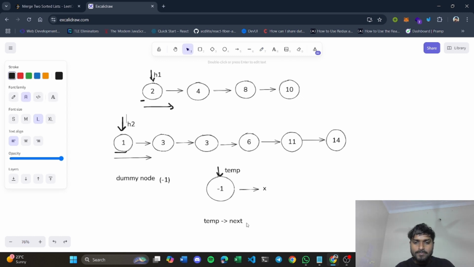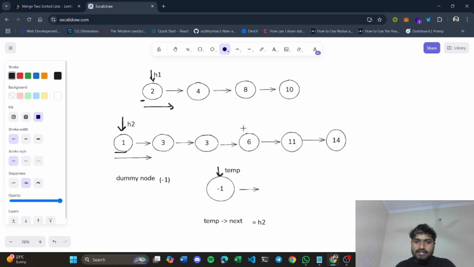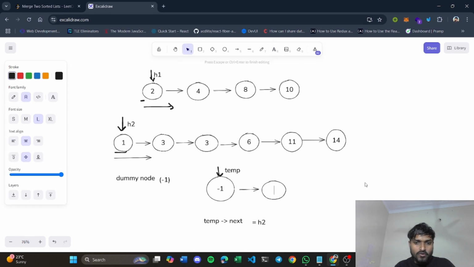You will point this temp next to h2, right? So you pointed this pointer to h2. So at the place of this x, the node with value one will come, right?